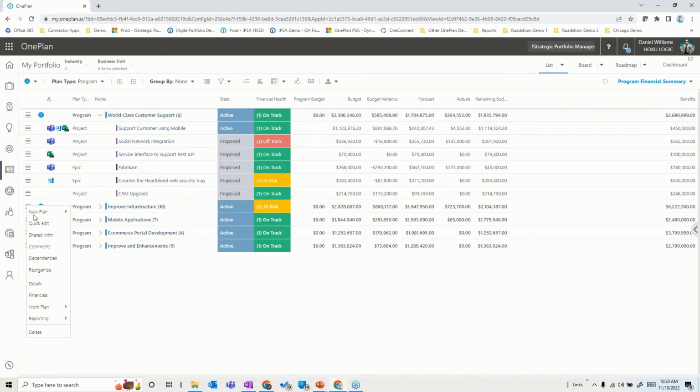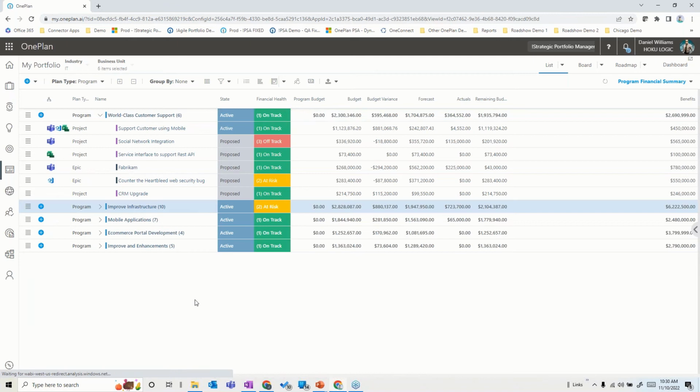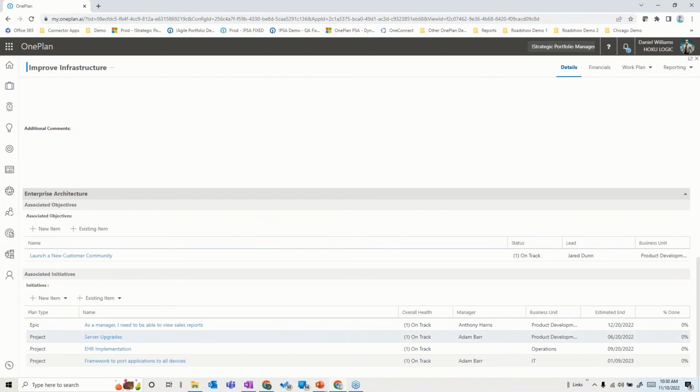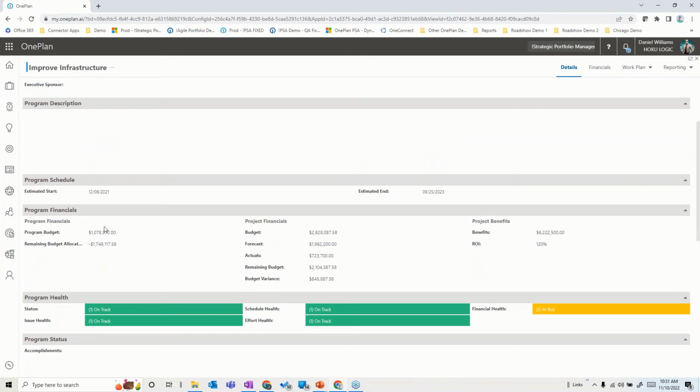And if I go into another one, for example, and look at this Improve Infrastructure program, same case on the details here. If I look down below, here are all the projects or initiatives that are associated with this. Also notice there are objectives or strategies that this is aligned with as well. So we get some strategic alignment here. But then as I go up here, I can see the picture of how those things are rolling up from a project financial perspective and how they are decrementing from the overall program budget, and seeing whether we're in the mix and what benefits we're achieving or expected to achieve from those. Once again, we have data to make financial decisions and to track as we go through.